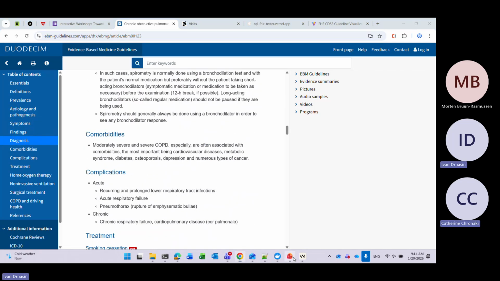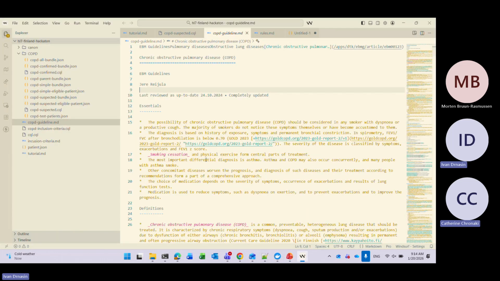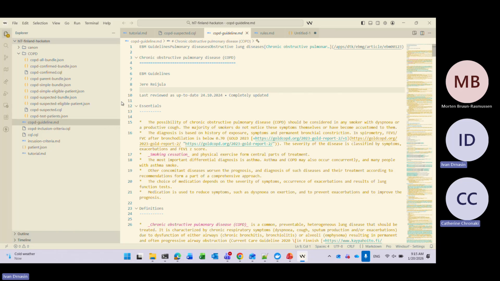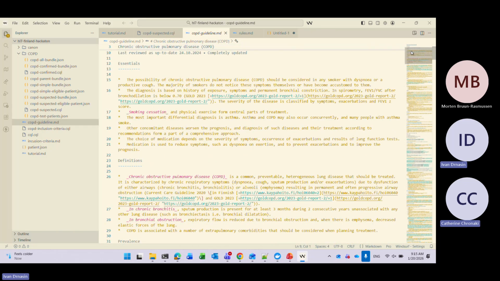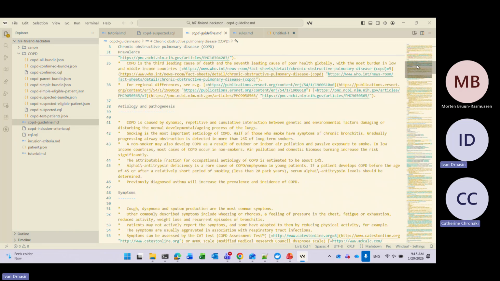So the next step is to convert it to Markdown format. LLMs work with that format really nicely. So I converted the guideline to Markdown format, and this is all here with links, with everything.